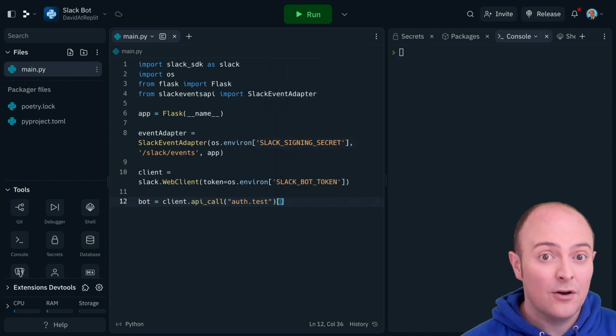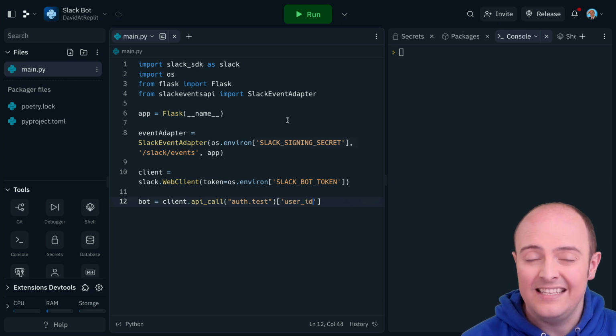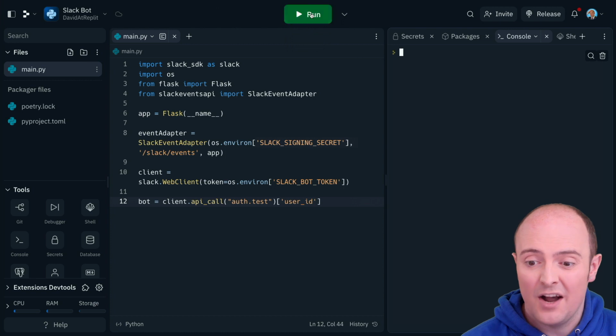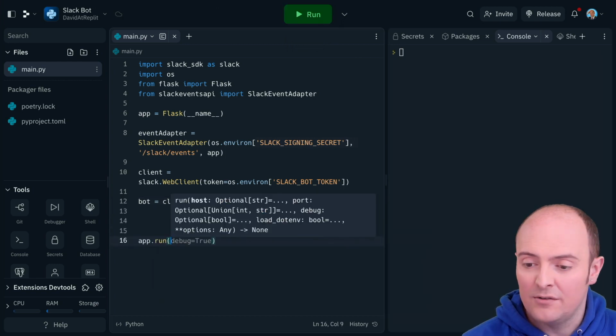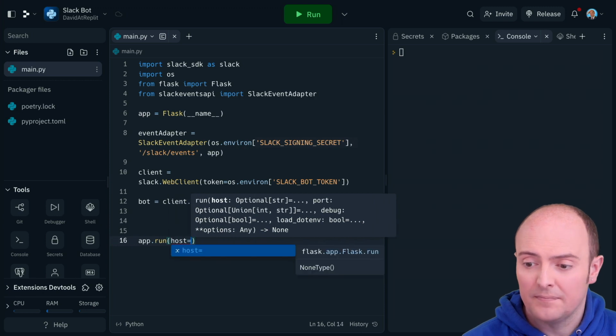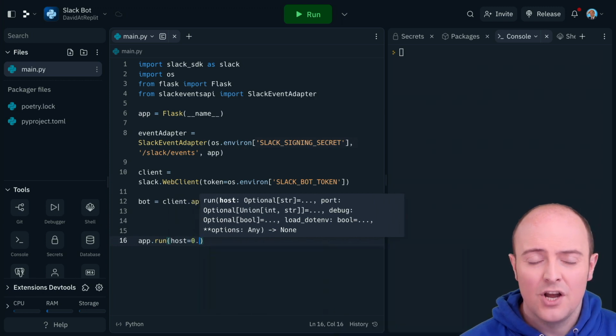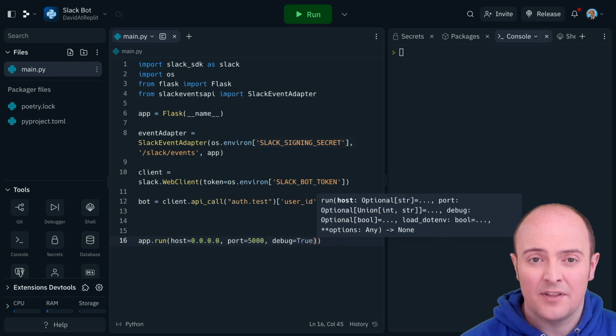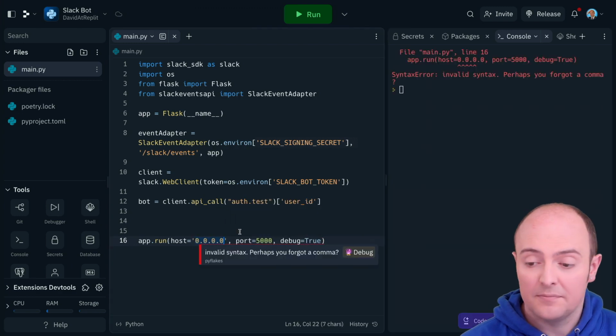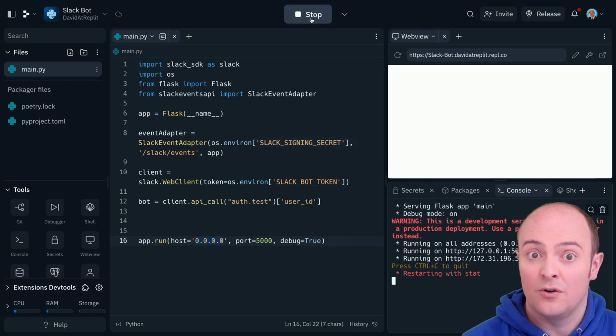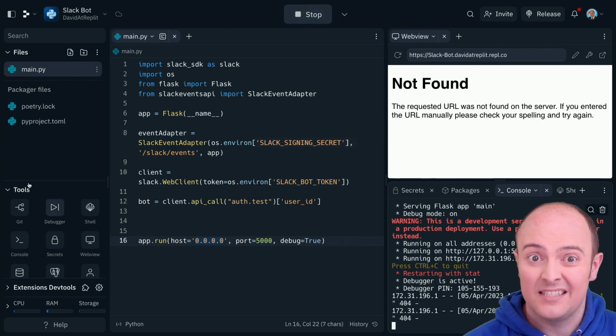This will help us look for messages that are directed to the bot in an easy way later on. So if that runs and nothing goes wrong, we're good to go. I'm also going to add the app run. Remember that on Replit, we need to host it on 0.0.0.0. I'm also going to put debug mode on, which rebuilds the Flask app as I'm typing the code. This is quite handy for development, but do not leave it on for production because it causes some serious security